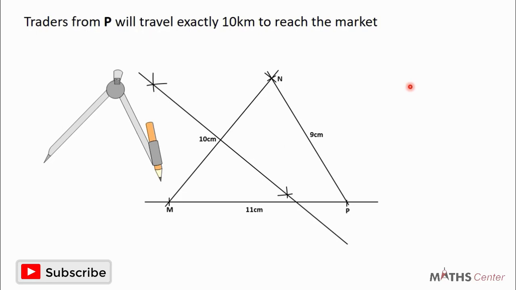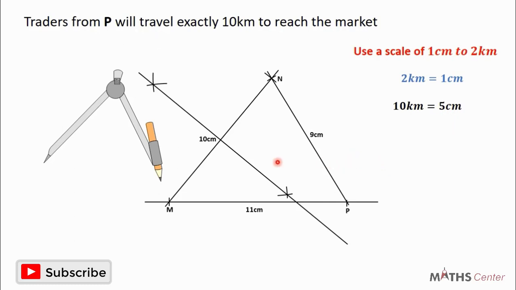Once again, we are going to use the scale given to us. The scale given to us in the question is 1 centimeter is to 2 kilometers. This means that every 1 centimeter is equal to 2 kilometers. It also means that every 2 kilometers is equal to 1 centimeter. So using this scale, we are going to convert 10 kilometers to centimeters. If 2 kilometers is giving us 1 centimeter, then it means that 10 kilometers will give us 5 centimeters. So here, in order to locate the market, we will have to construct the locus of points 5 centimeters from